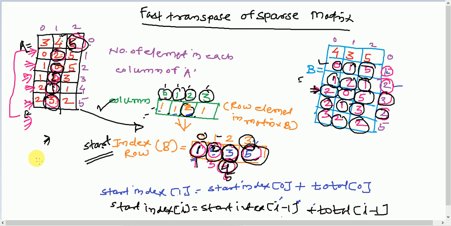Okay, so I'll give one example to solve again using this fast transpose of sparse matrix method, and then we'll go for its C implementation. I'll give an example here for you all to solve.